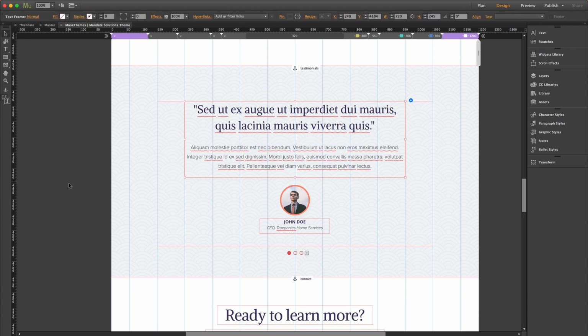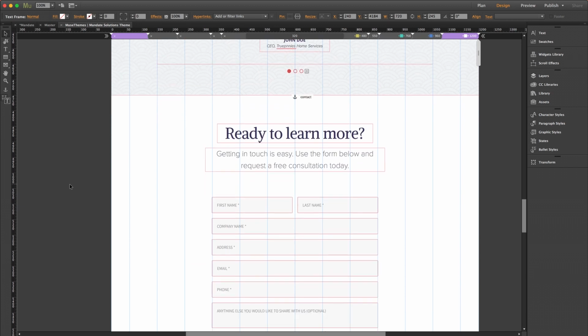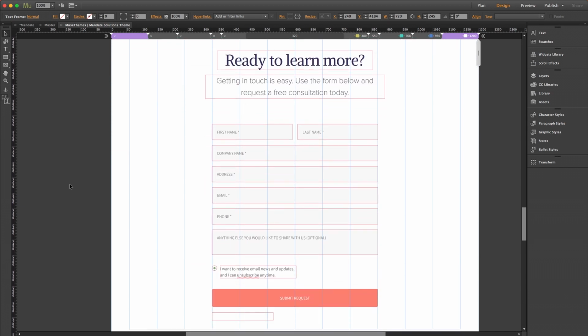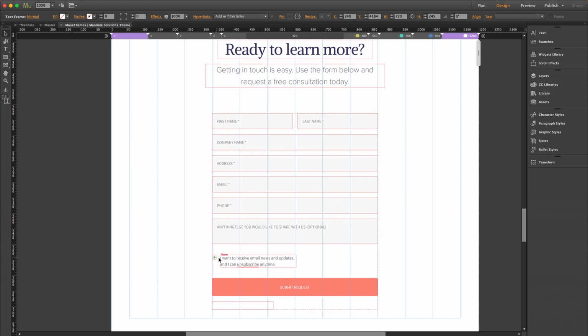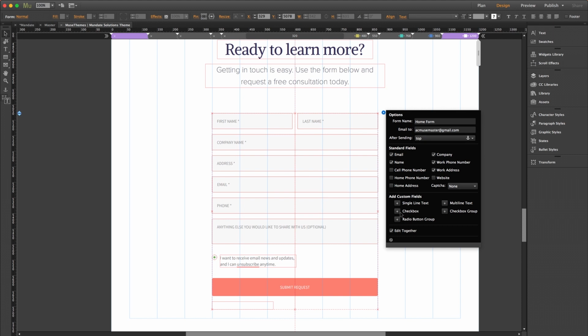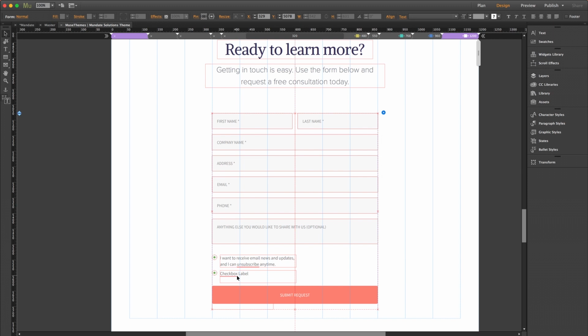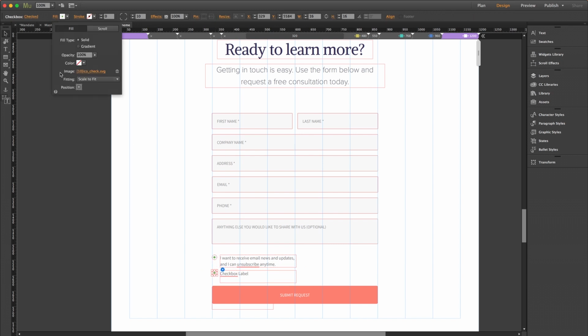And lastly, down here in our contact section, we have a stylish form widget incorporated, which includes the use of a checkbox feature. You can always add more checkboxes by opening the settings panel for the form, and down here clicking the plus sign next to checkbox. You can then customize the checkbox by selecting the individual text box to change the text, and/or selecting the button itself, which has an icon loaded in using the Fill menu, a graphic that you'll find inside the Assets folder